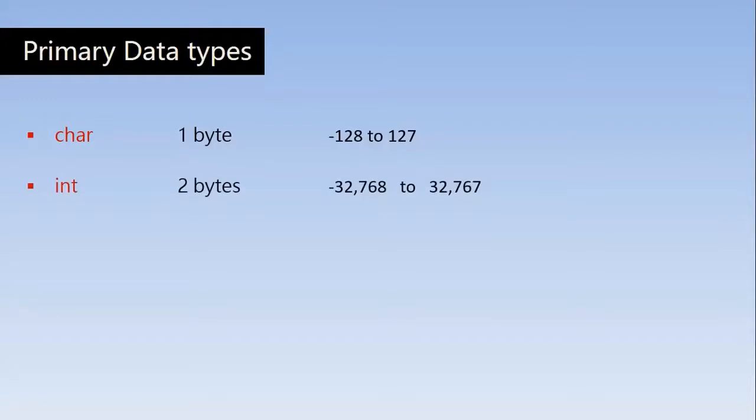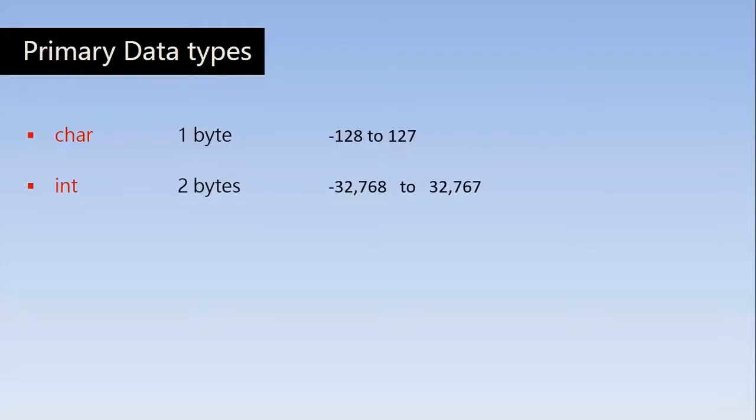So an int variable requires 2 bytes of memory if we are running the program on a 16-bit word length computer. The memory size of the variable depends on the word length of the computer. If we are using a 16-bit computer, an int variable requires 2 bytes of memory. If we are running the program on a 32-bit computer, it requires 4 bytes of memory for an integer variable. Let us assume that we are running this program on the 16-bit computer, and we'll find out later.